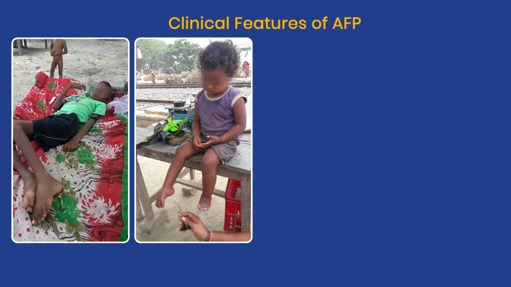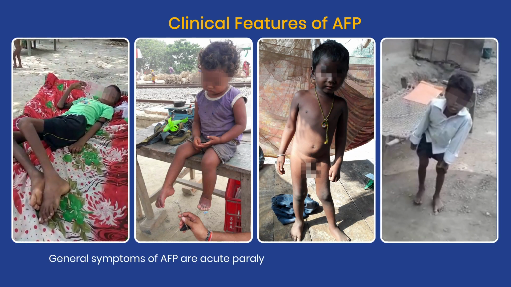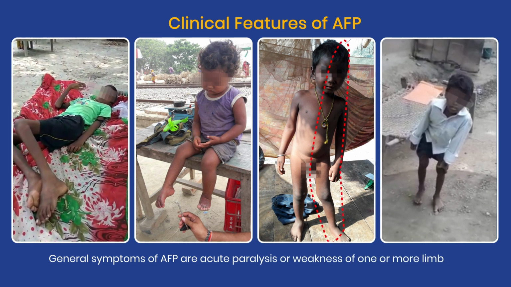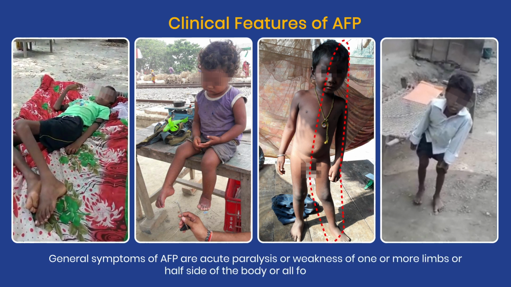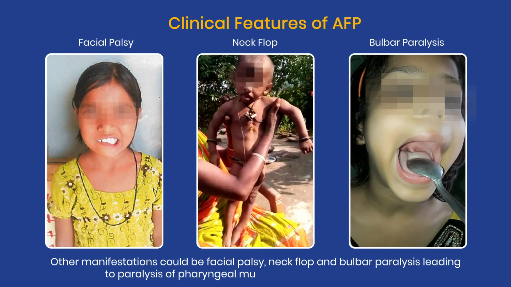Now let us look at the signs and symptoms of AFP. General symptoms of AFP are acute paralysis or weakness of one or more limbs or half side of the body or all four limbs. Other manifestations could be facial palsy, neck flop, and bulbar paralysis, leading to paralysis of pharyngeal